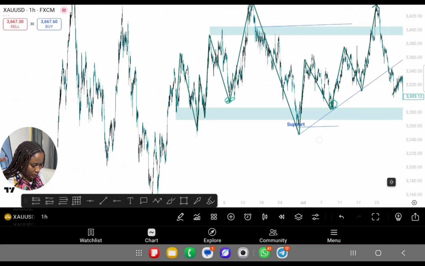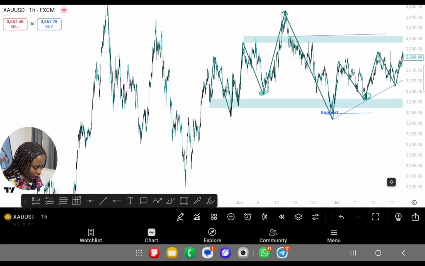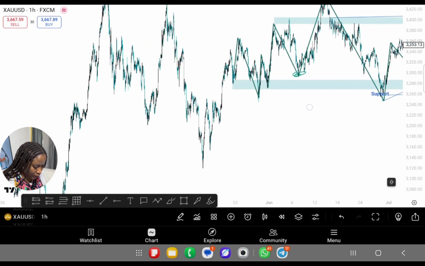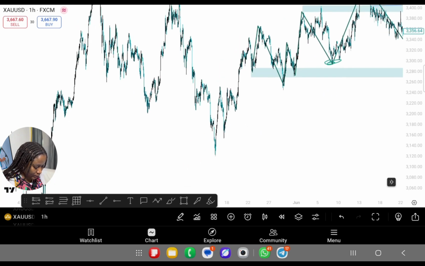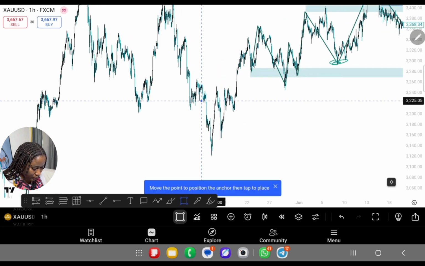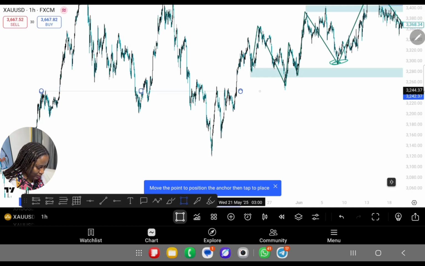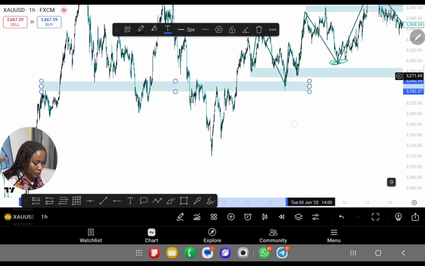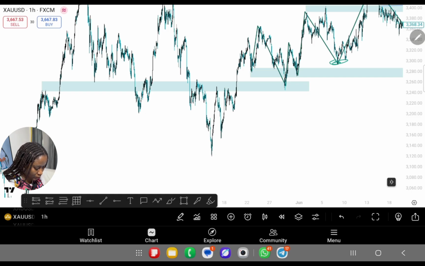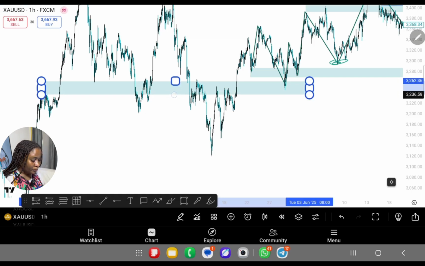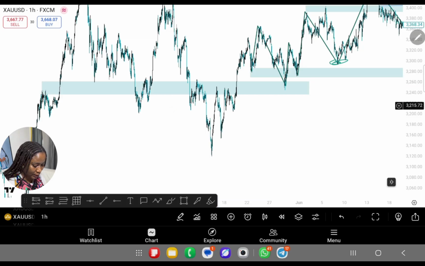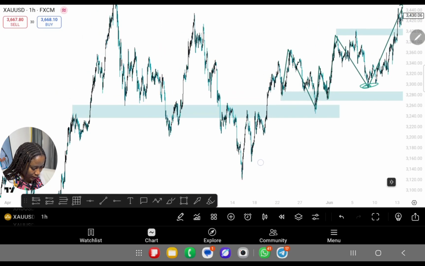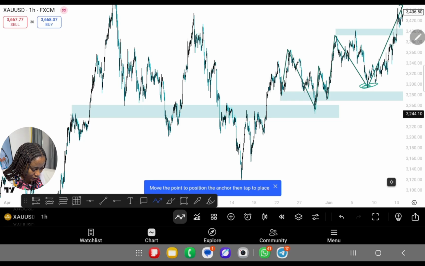Let me see for somewhere else. Okay, I've not even gone too far. Now this is another area of support that I am seeing. You can just see it with your naked eye that price is always doing something whenever price gets to this zone. Now you can see here, price rejected from here. That's our ceiling